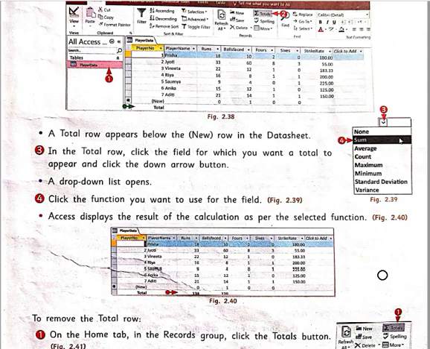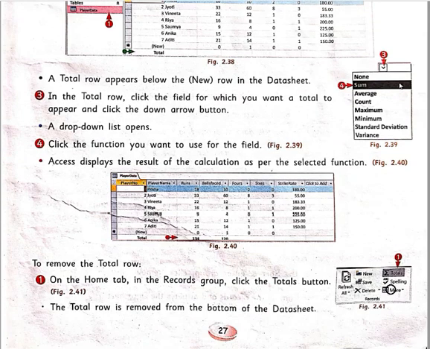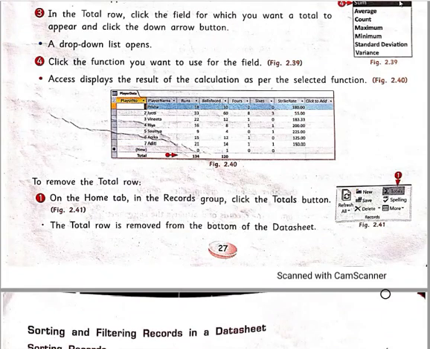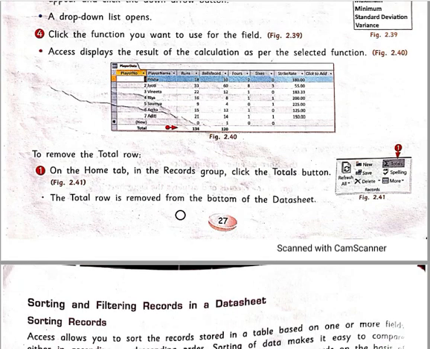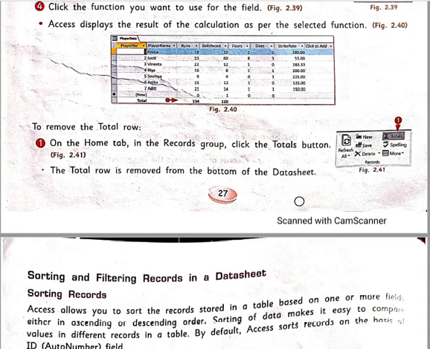Okay, now after doing this, how do we remove the total row? So a new row has come, that is the total row, as you can see in figure 2.40. To remove that, again we have to click on Totals on the Home tab, in the Records group, click on the Totals button. The total row is removed from the bottom of the datasheet. So in this way we can add or remove it, and we can select particular totals or aggregations. Okay,